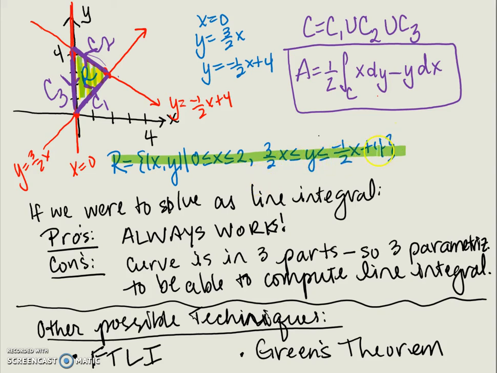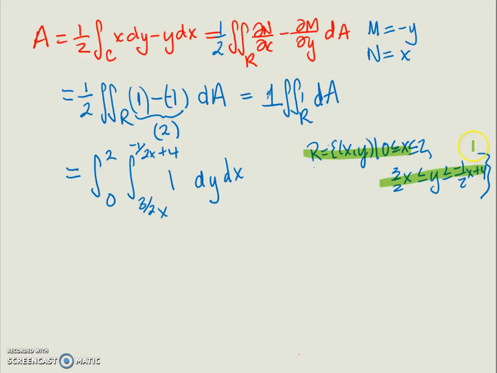So we'll go back and put those into that area integral. Here we have the region that we found, our description, and now we've used them as our limits of integration in our area integral. And so we have the integral from 0 to 2, integral from 3/2 x to negative 1/2 x plus 4 of 1 dy dx. Again, if I recognize it as a simple geometric formula, I can go